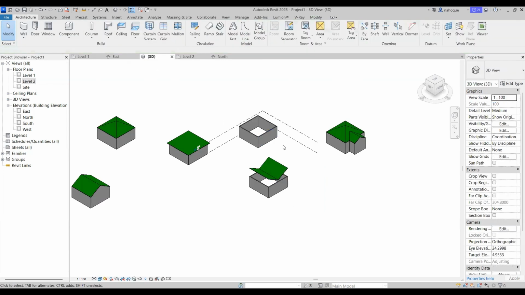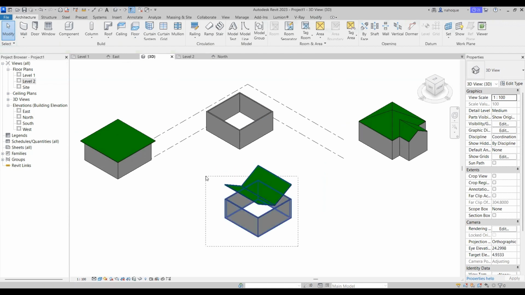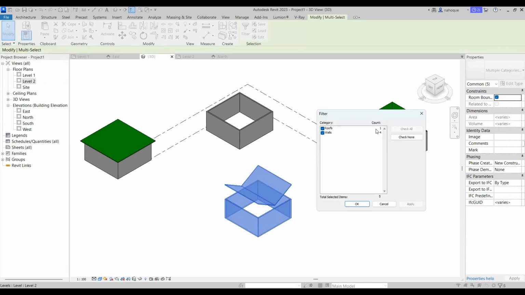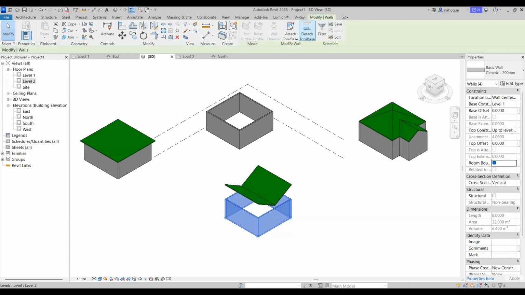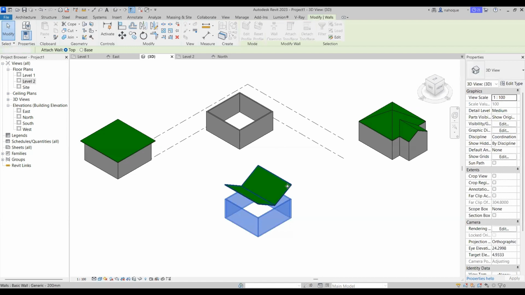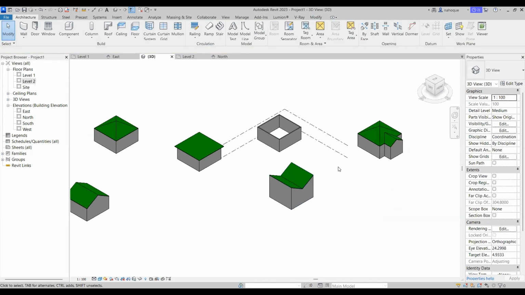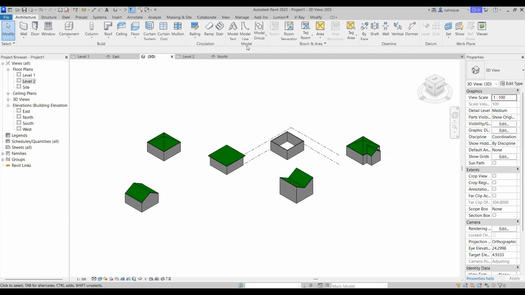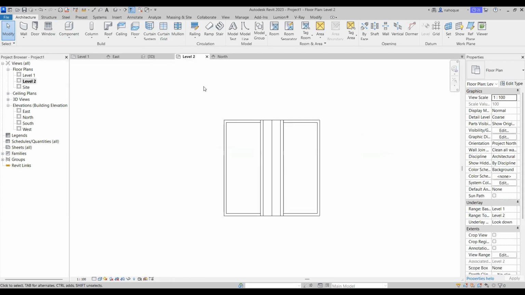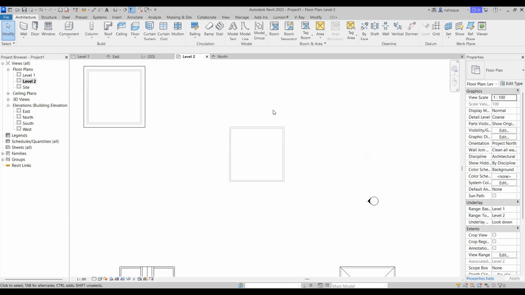So as you can see, it looks like this. So we just select the walls and we make it attached to the roof. Yes. And there you go. See, you have an inverse roof. So of course you can play around way more than this. Now we will see another kind of roof. It's called